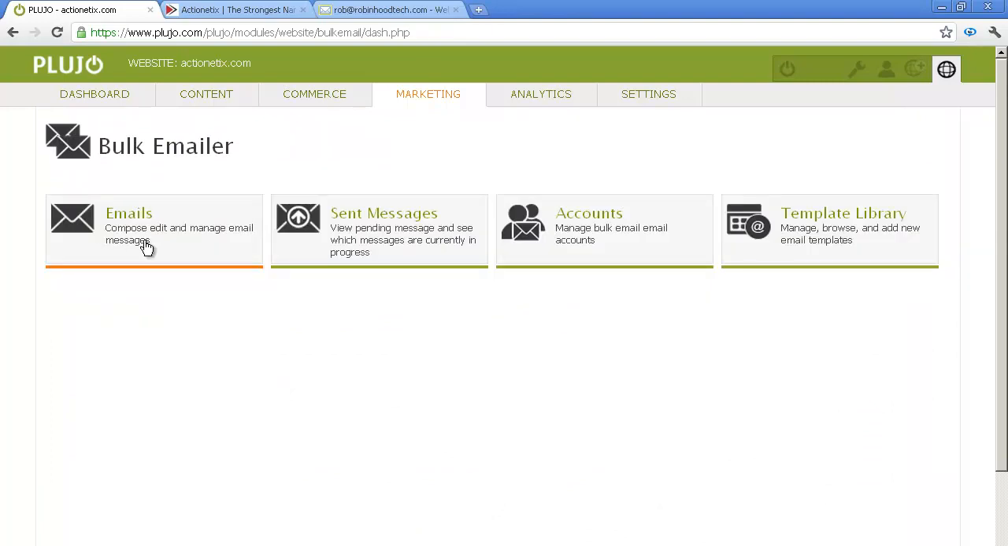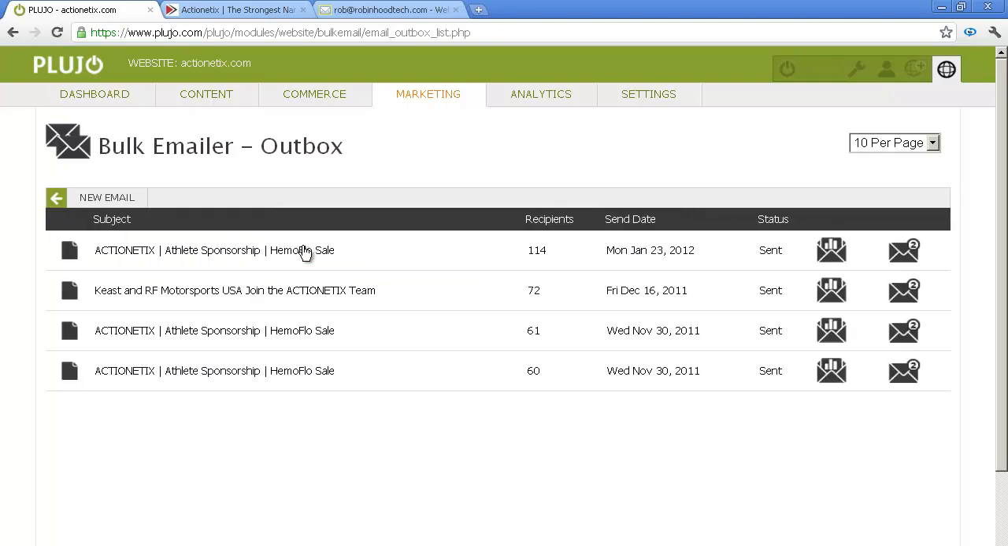To look at the progress of your email that you've just sent out, you can click on the Sent Messages module. And in here is a list of all of the emails that you've sent out. It will show you the number of recipients that it went to, the date that it was sent, and the status of that particular email. If you were to click on the stats,